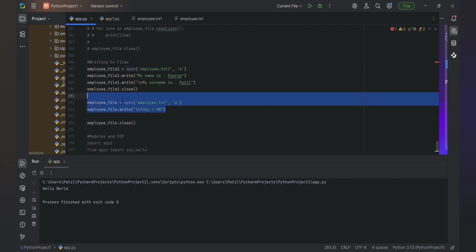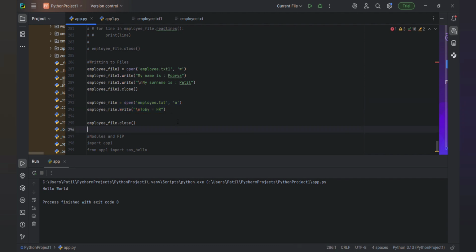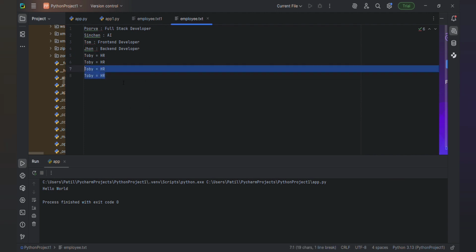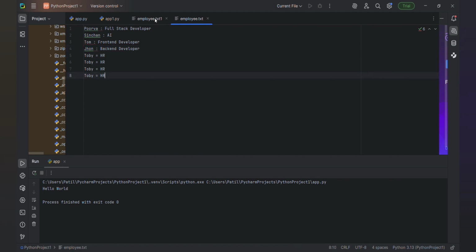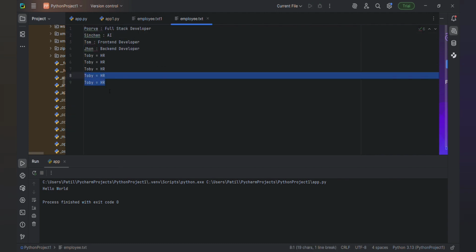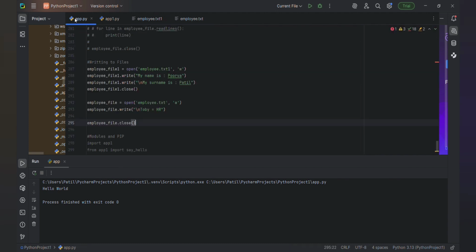So the next thing is appending. See, in employee.txt we are appending after the existing element. In employee.txt I have appended this because I have run it 2-3 times. So first I appended here. See, if I run again, then it will come the 5th time. These are the 4, no? So after that it will come again. See, I will run again. Then see here, it has come the 5th time. Yeah, this is append and write.